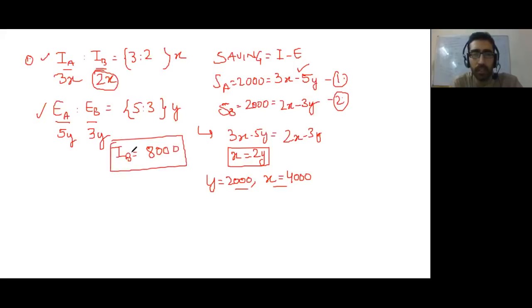Is this clear, guys? Whoever had Chandana, you had a problem with this. I hope this is clear. And I think someone else also got their answer correct. Soundarya, please check this. I don't know where you made a mistake in terms of the calculation part, but the answer is for sure 8,000.